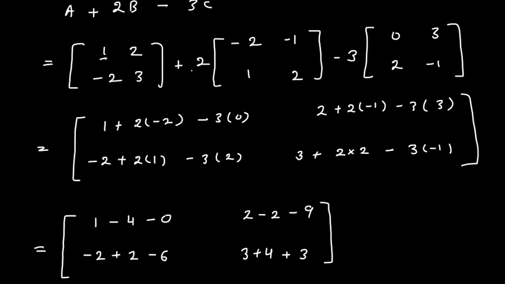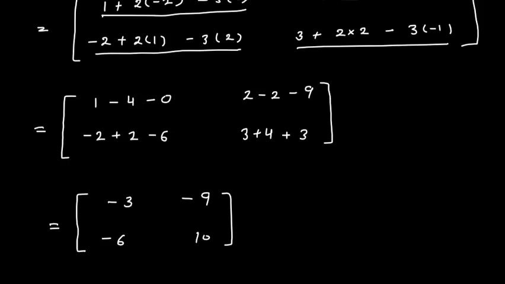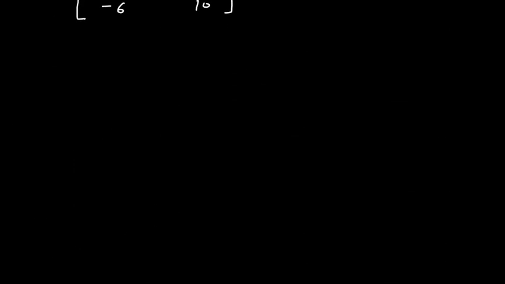So 1 and then here 2 into minus 2. Okay, we will take first element only because here it is first element, and here also we will take the first element 3 into 0. So this whole calculation will be my first element of the result. Okay, similarly I get second element of first row, then first element of second row and second element of second row. Okay, and then I will simplify, and after simplification this is the answer. Okay, this is fourth problem.